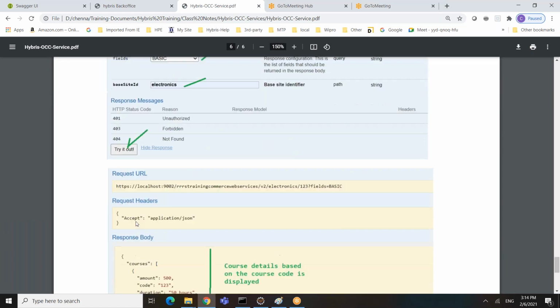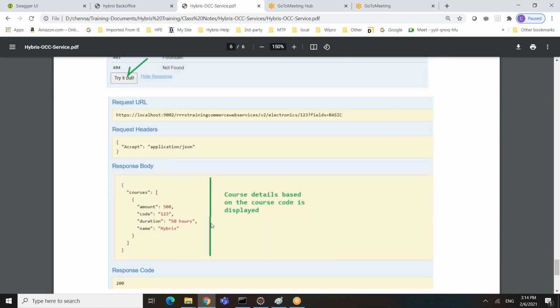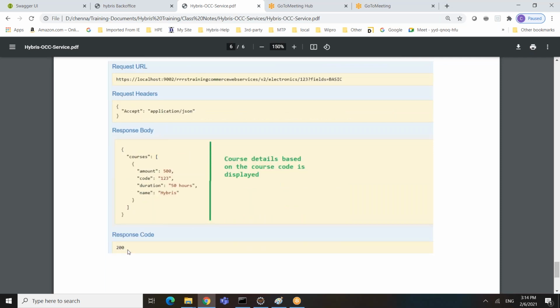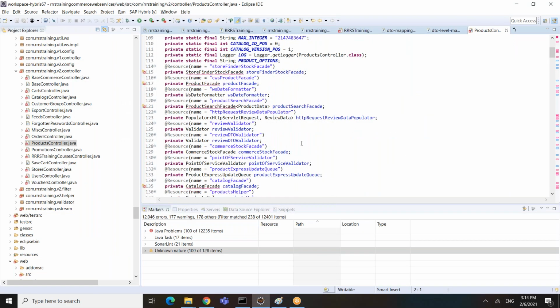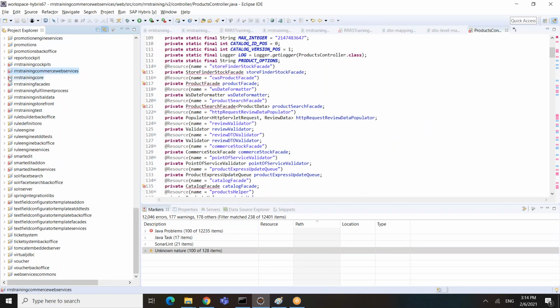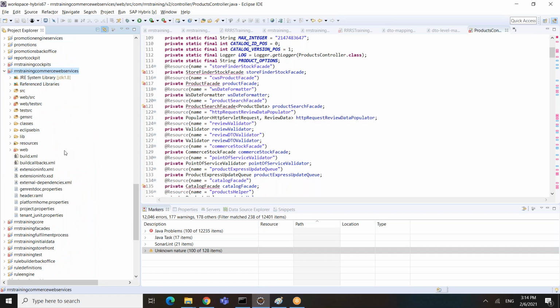When you click on try out, you will see the output something like this, and the response code is 200. So that is what you have to do in order to customize or to create a new service as part of the OCC services.